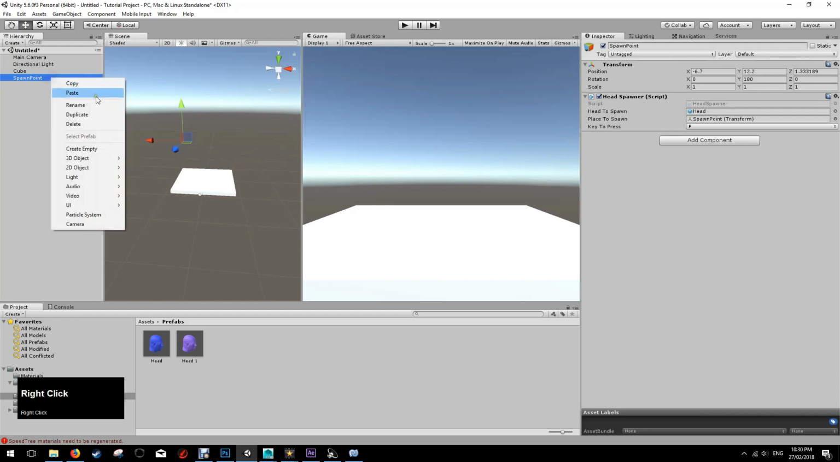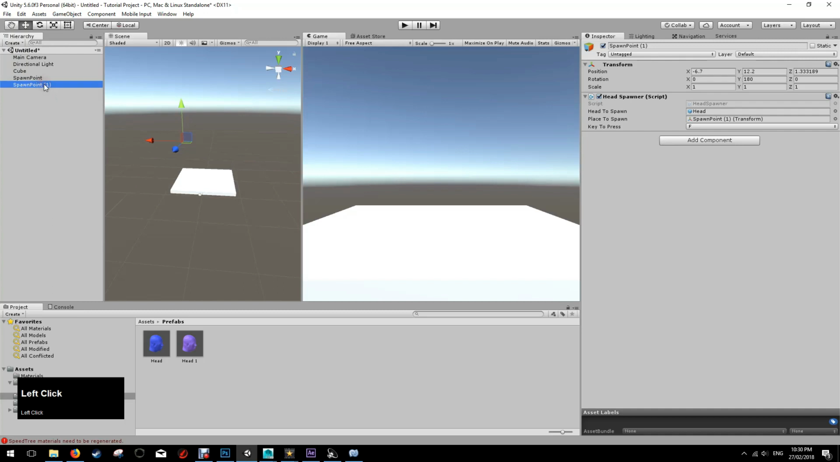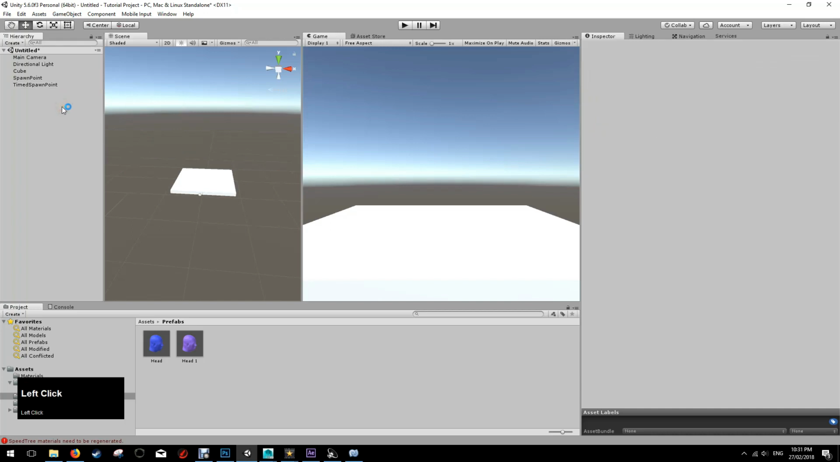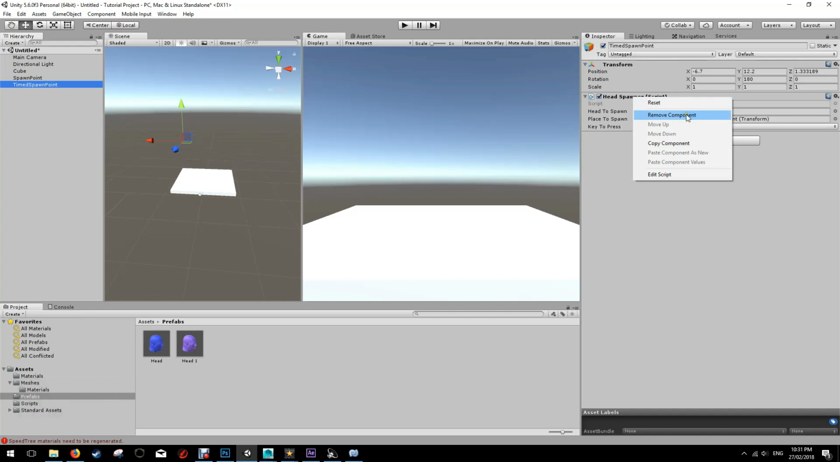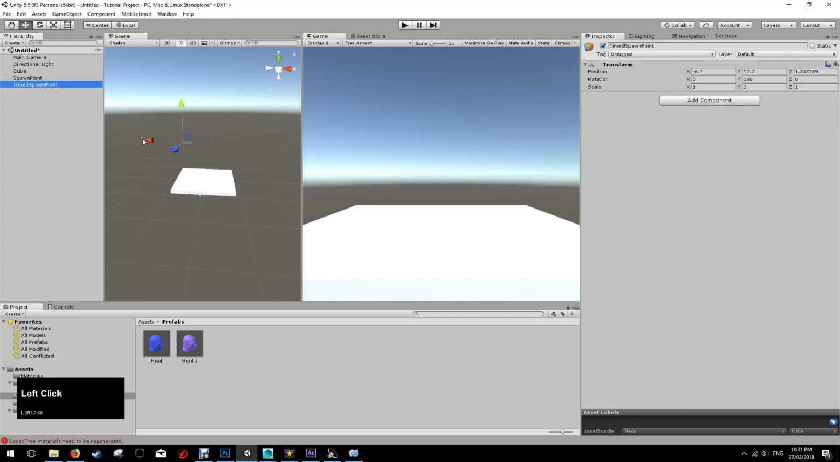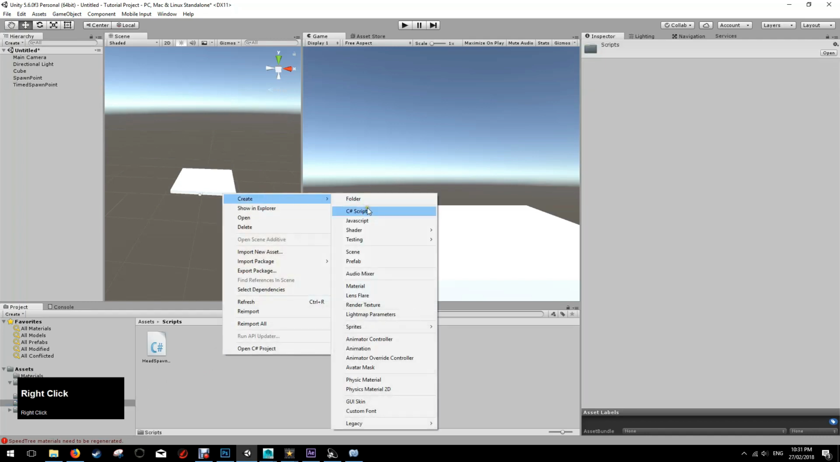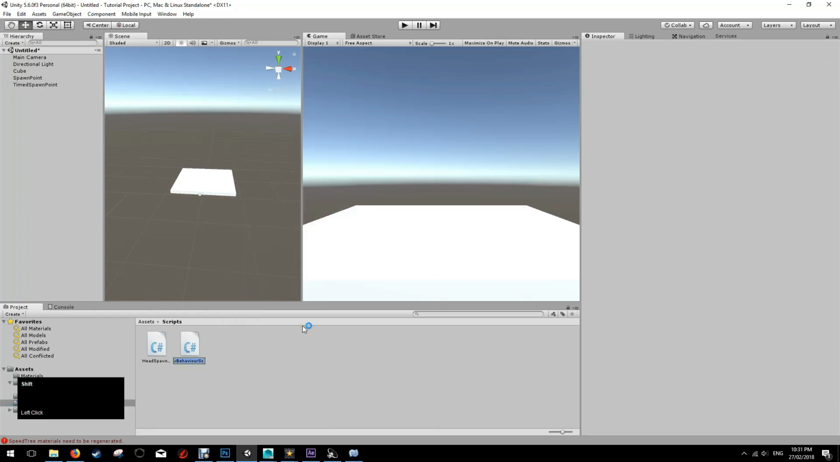We're going to make a new spawn point. I'm going to call it timed spawn point that creates an object every couple of seconds instead of based on the keyboard input. So we're actually going to remove this script from this one. I'm also going to make sure that this spawn point's in a different place. We're going to go to our scripts folder and then create a new C# script and call it